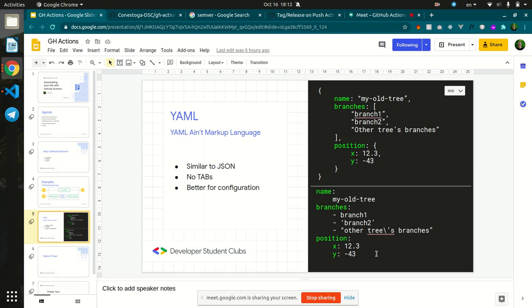It's better for configuration. I don't know, it's subjective. I don't really care which format the configuration is in, but maybe for some of you the bottom configuration is nicer to the eye. Yeah, so if you have any questions about how this works,